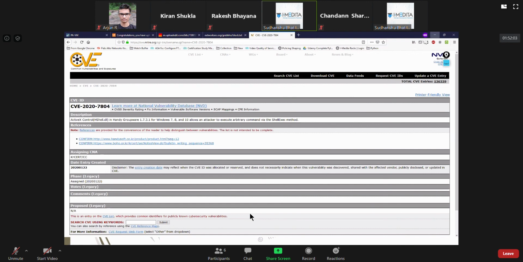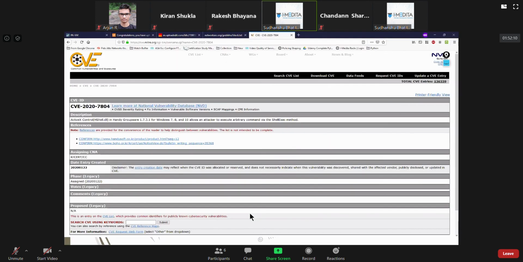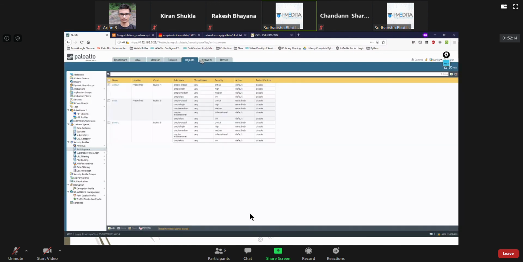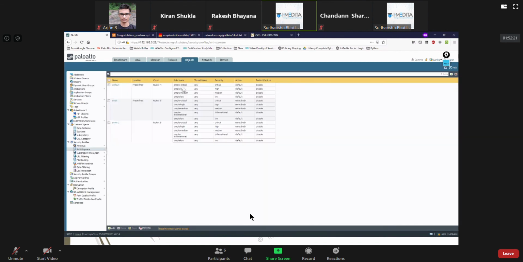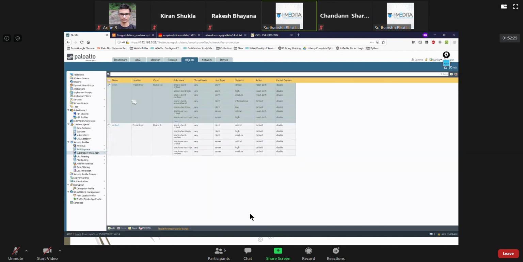But the point here is that for vulnerability protection, you can directly have the security profile. It's simple. You go again to the object, and you can clone this if you want to modify.